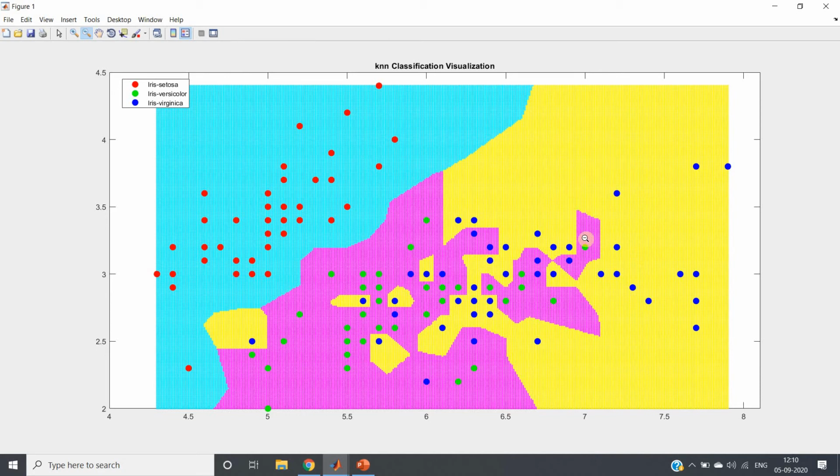This is the concept I wanted to show you: if you take a small k value in k-nearest neighbor, your decision surface is not going to be smooth, but if you keep increasing the k value, your decision surface will become smoother.